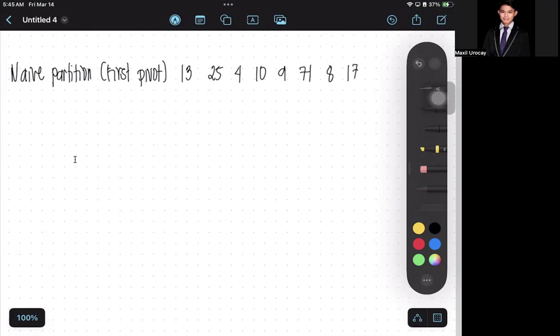Now, let's deal with this example here for the given 13, 25, 10, 9, 71, 4, 8, and 17. So this will be for step 1. Then you are selecting the first element as the pivot. So the pivot for this case will be that 13. In this step, you have to create a temporary array, which will include